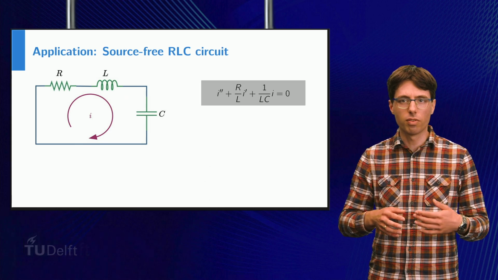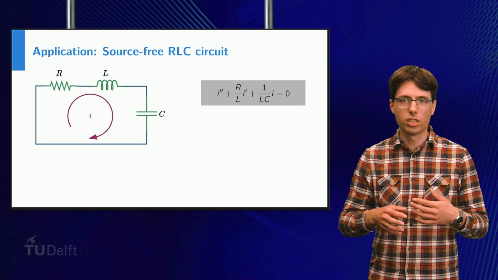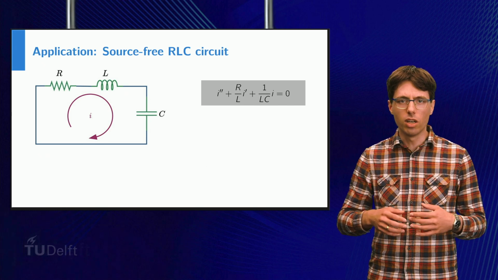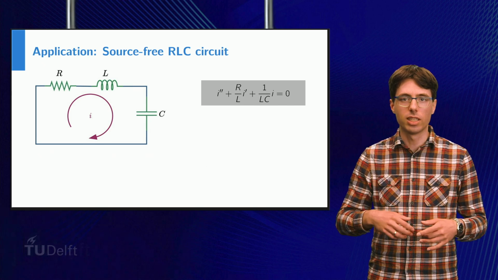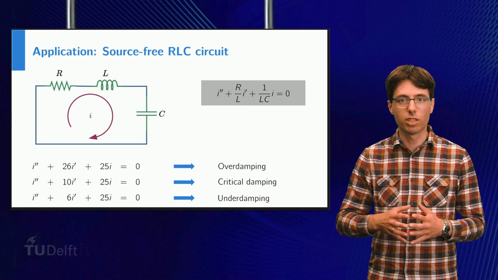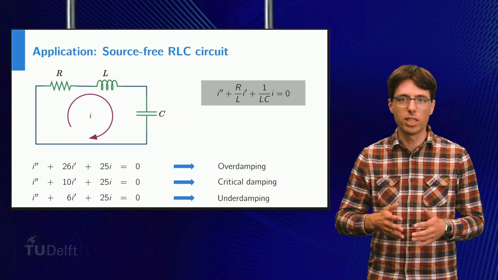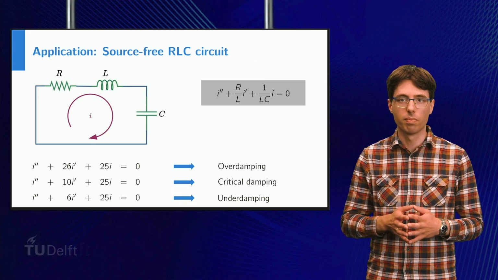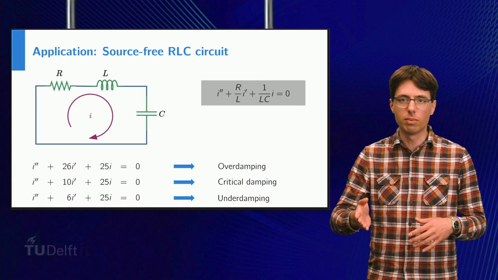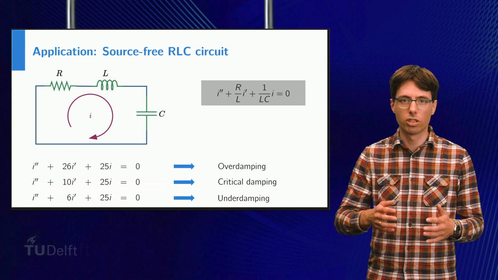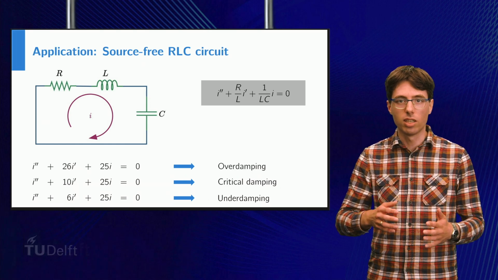By means of the Kirchhoff laws and the physical properties of these three circuit elements, we can derive a second-order differential equation for the current, which you see over here. Notice that this second-order differential equation is linear, homogeneous, and has constant coefficients. By plugging in some numbers, we can arrive at the exact same equations as we saw before, which means that the solutions also look the same. Hence, the terminology overdamped, critically damped, and underdamped is used in the context of electrical circuits as well, and you will encounter it in books on this subject.